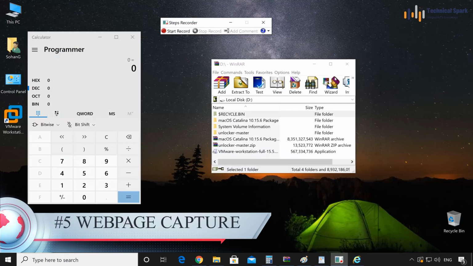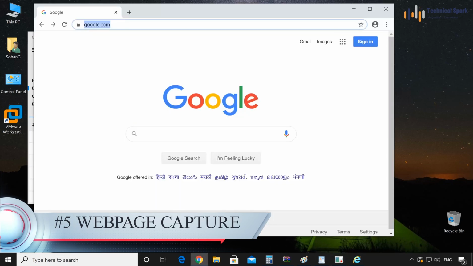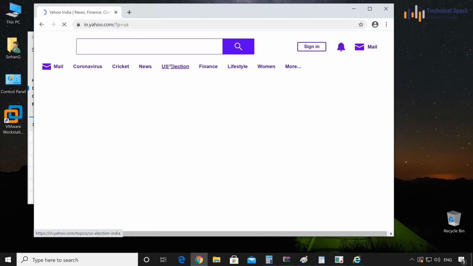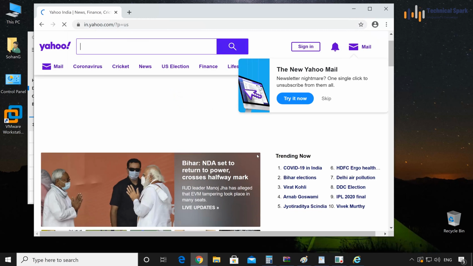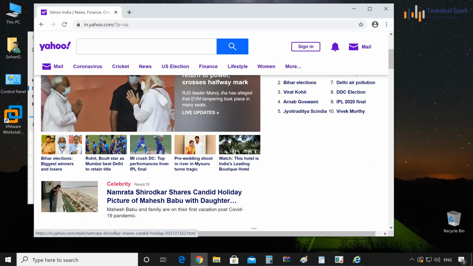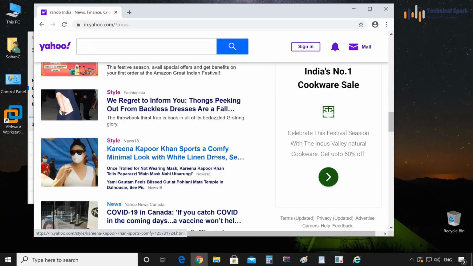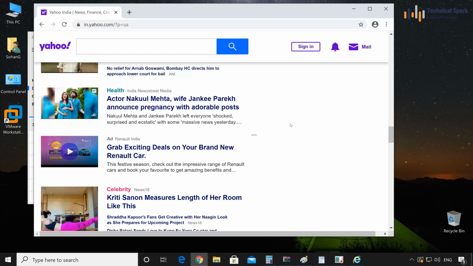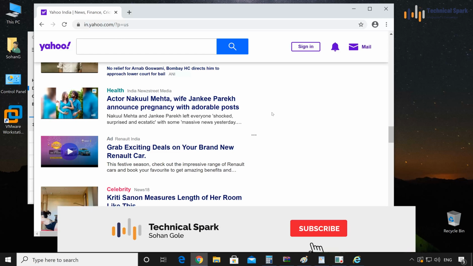Now the next method is for when you are browsing any website and you want to capture the entire website as a JPG or PNG file, then how do you capture it? Because this entire screen can't be captured using any of the methods which I just showcased, specifically when it comes to the browser. Just click on the I button at the upper right corner. For that, I have already prepared one video on how to capture a complete web page.